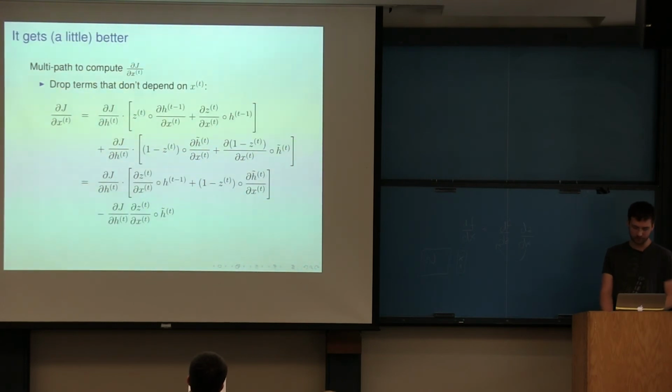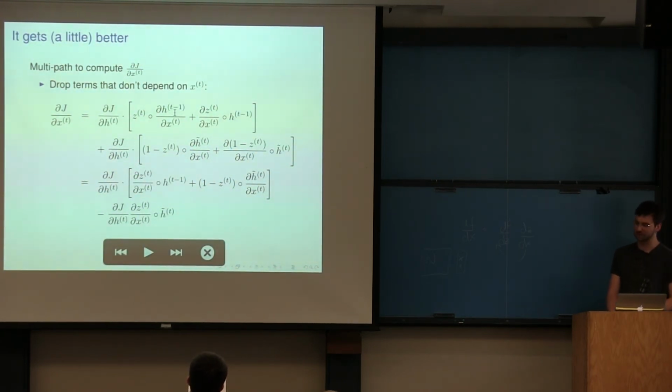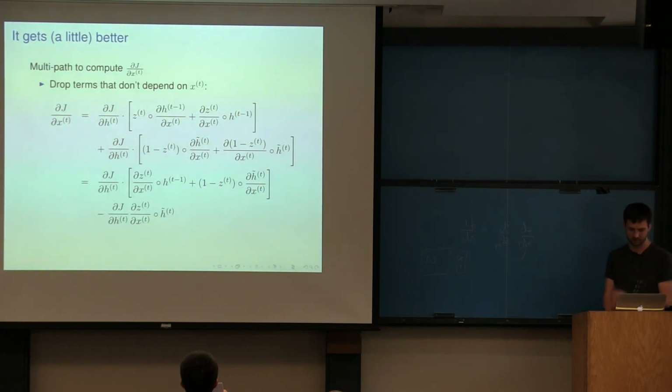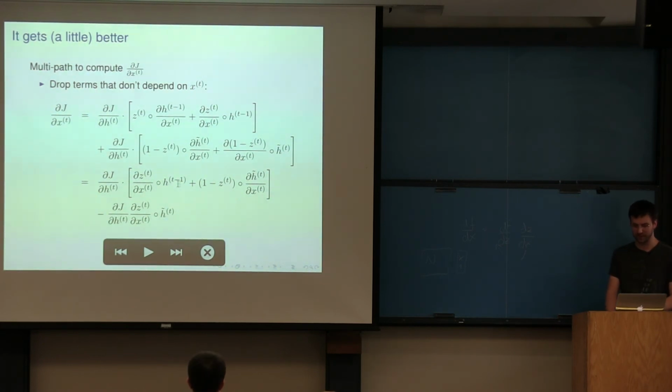And so we can work on this a little bit. We notice that this first term doesn't depend on x, so we can just drop it, because the previous hidden layer doesn't depend on the input at the current time, since it's only going forward. And we can combine things. d1 dx is also 0, so you could drop that. And so now we end up with these 3 derivatives we need to take. There are element-wise multiplications with things we've already computed, and presumably those are stored somewhere, so you can do this efficiently. So we need to take dz dx, dh tilde dx, and dz dx again, so we can just reuse that.